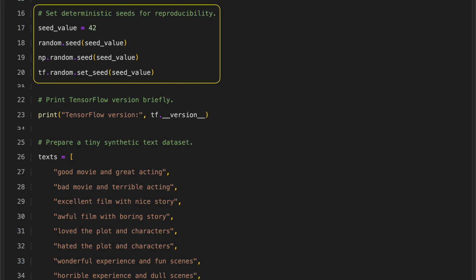We begin by setting a seed value of 42 so that all random number generation is consistent each time the code runs. We apply this seed to the random library, to NumPy, and to TensorFlow so that all their random operations are aligned. This makes the behavior of the program deterministic, which is important for debugging and for reliably comparing